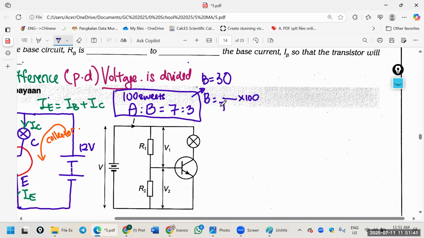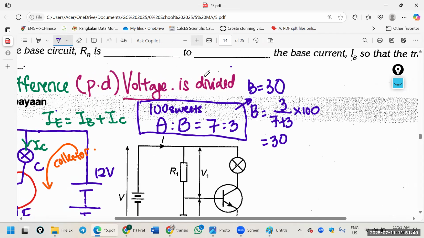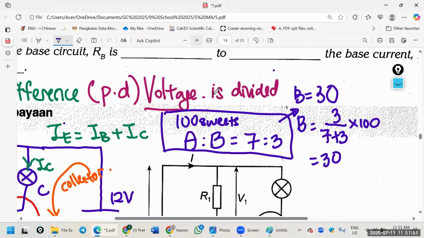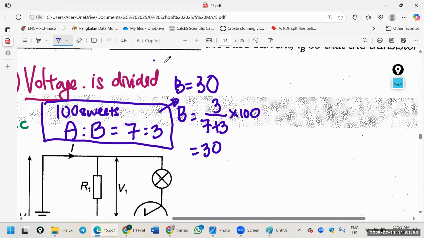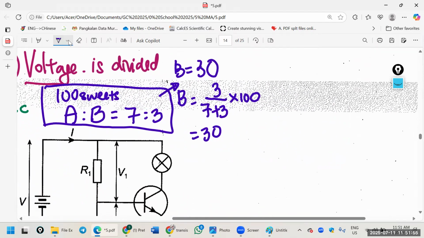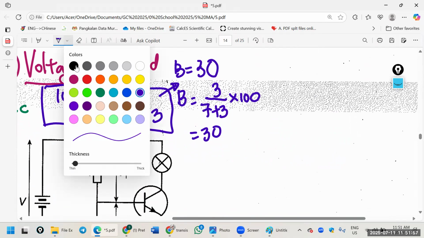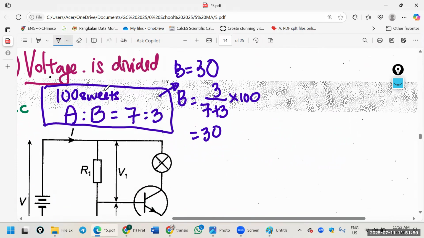It will be 7 plus 3, and the top is 3. Agree? So 100 will be divided into two parts, part A and part B, then into 7 portions